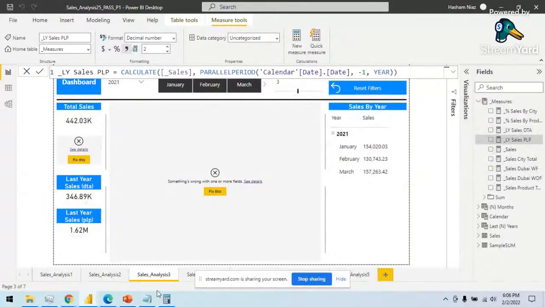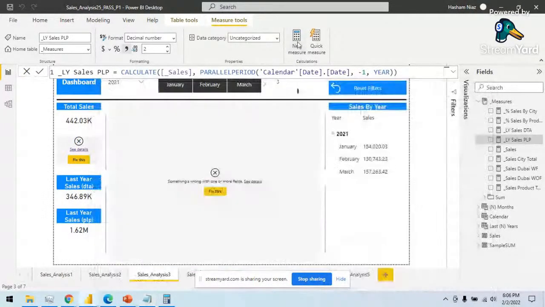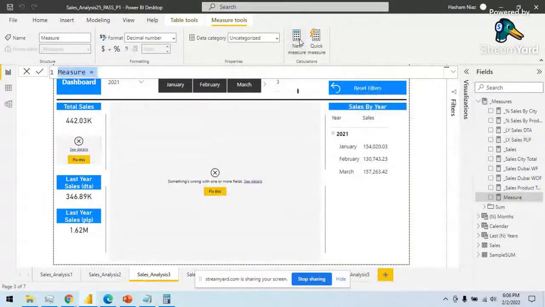And now I have the third variation, which is I'm going to use same period last year. With this same period last year, there is an obvious advantage you might be seeing here: I'm using the calculate sales function, and I'm using the same period last year function, and I don't need to pass any -1, -2, or the period dimension like year or month. This function already knows that it needs to go back one period, and the period is year. So once I click this